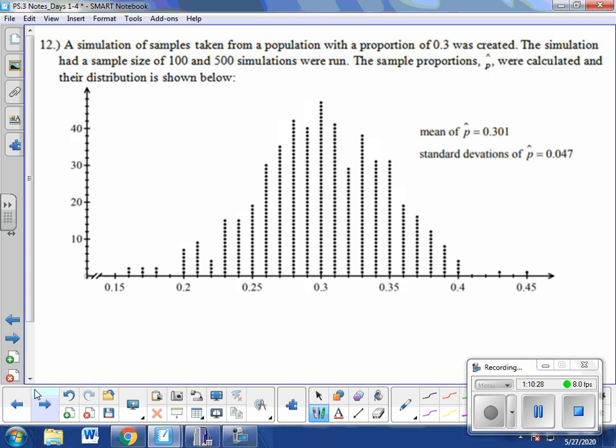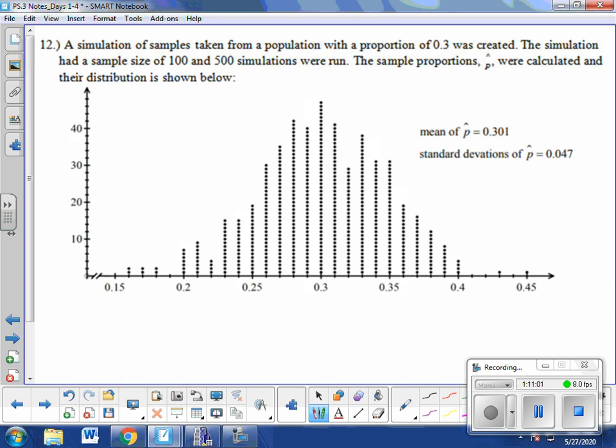So we had a population, we took 100 samples out of that population, we ran 500 simulations. The sample proportions, p hat, are the proportions of our sample, not the exact population. The population proportion was 0.3. The sample proportions, which we call p hat, meaning it's from our sample, were calculated and their distribution is shown below. So basically we ran a group of simulations, and this is the proportion that we came